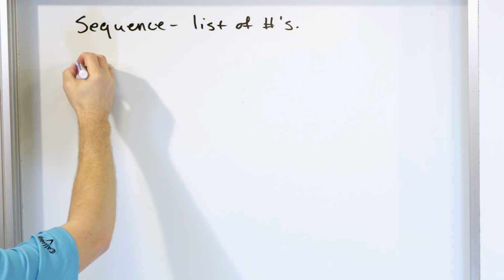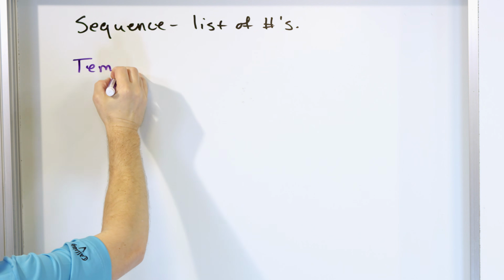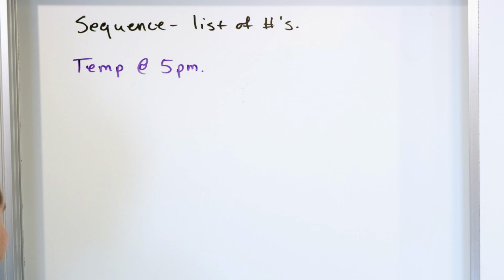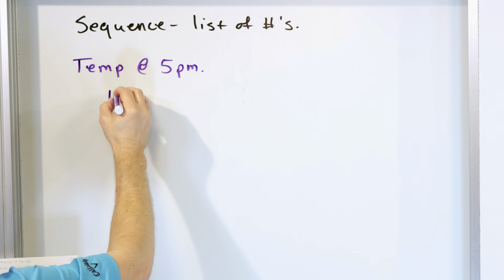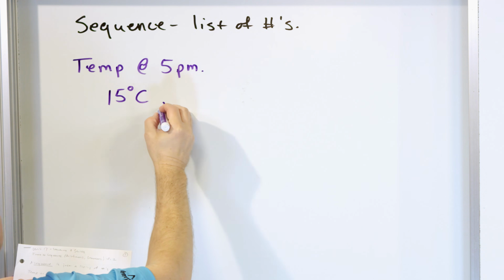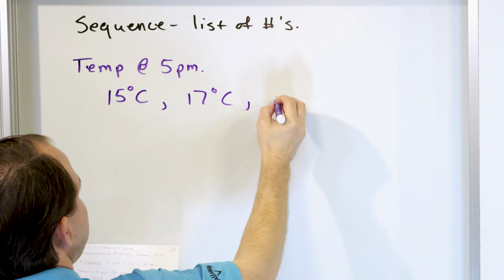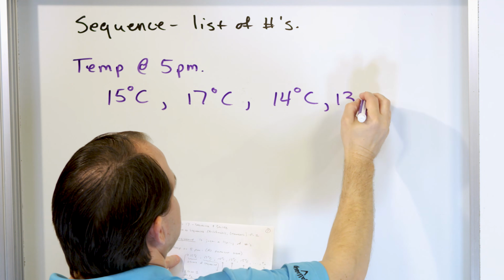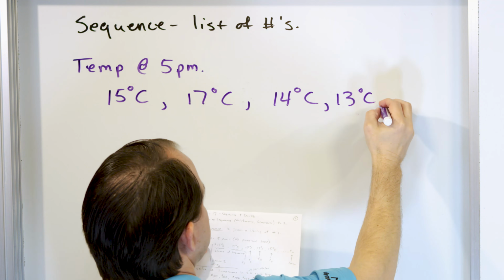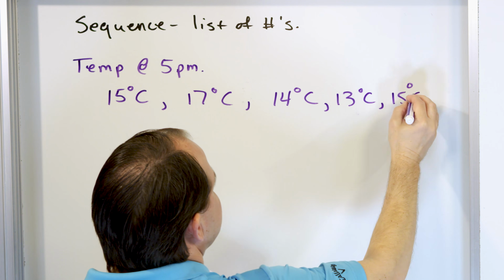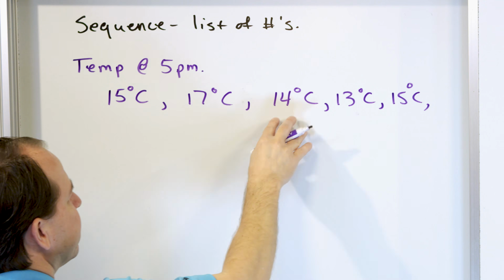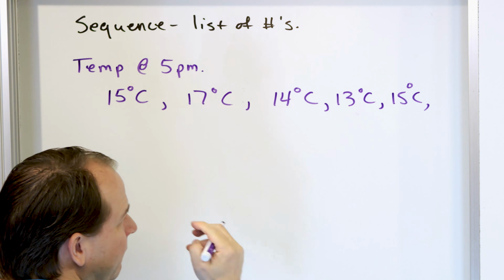The next day I do the same thing again and again. So if I'm going to take a look at a practical example, I might look at the temperature at 5 p.m. in this room. And the temperature might go something like this. On day 1, it's 15 degrees Celsius, and then 17 Celsius, and then 14 Celsius, and then 13 Celsius. Let's do 15 Celsius, like this. And so I might list these numbers on day 1, day 2, day 3, day 4, day 5, and then I might say,